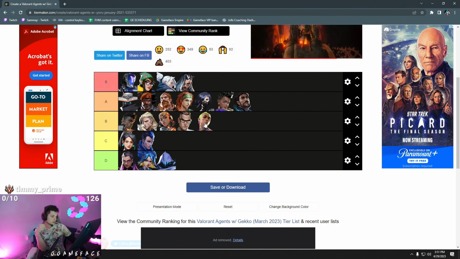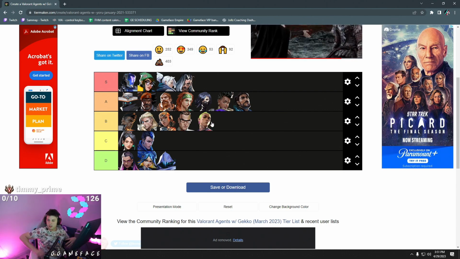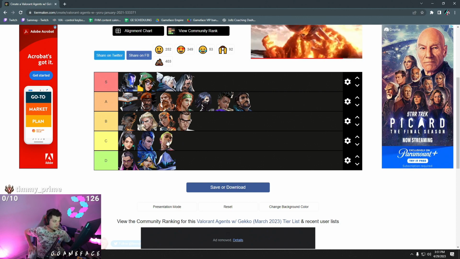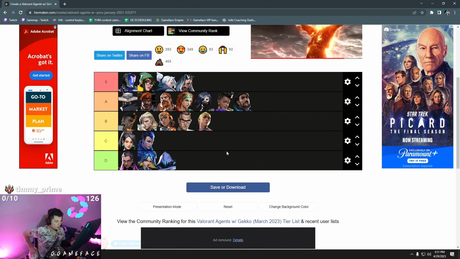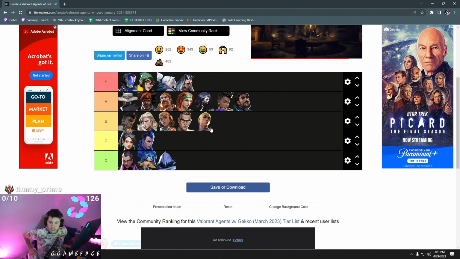You think more C for Gecko ult? I just think, again, even though the ult itself alone isn't going to get you as much value, like it would give you C tier value, the fact that you have to shoot it or run away while your duelists are running in with it, I think you're still going to get a ridiculous amount of value. So